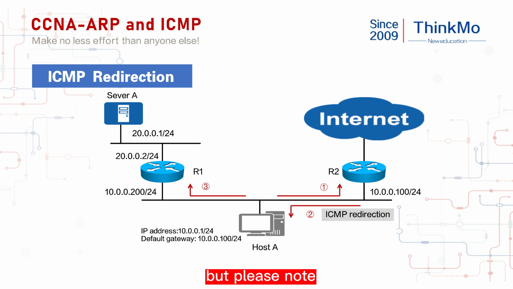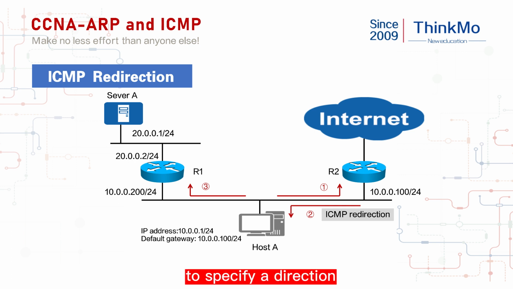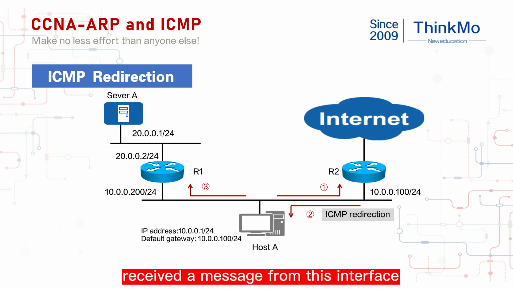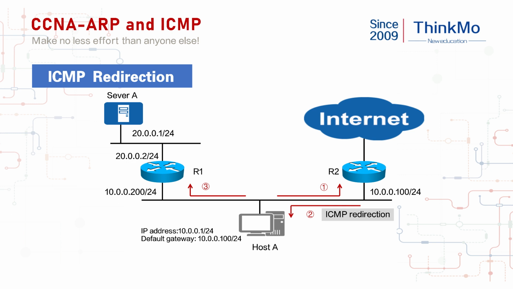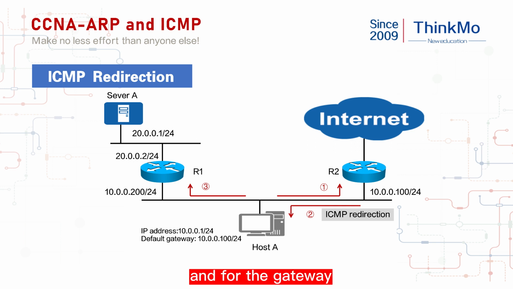But please note, just for such a destination IP to be accessed, to specify a direction. This is called ICMP redirection. That is, different network segments need to find a gateway. But the gateway received a message from this interface. It wants to help forward. Have to switch out from this interface. And for the gateway,